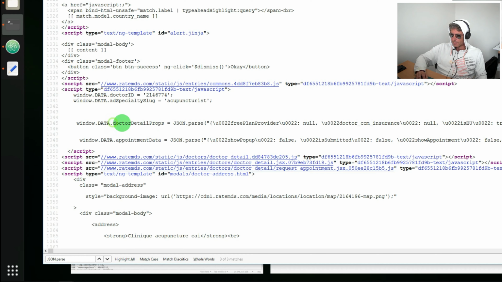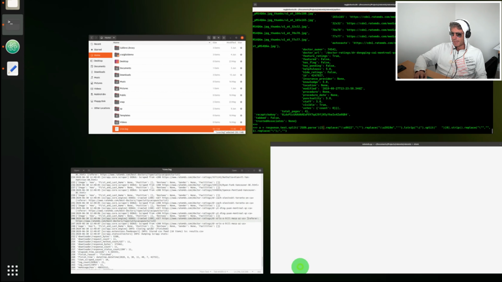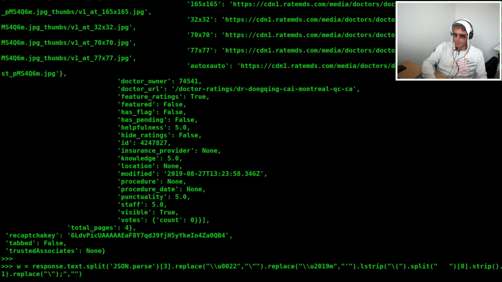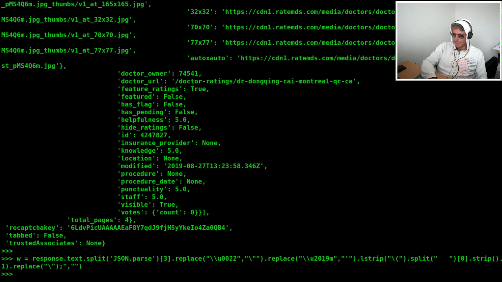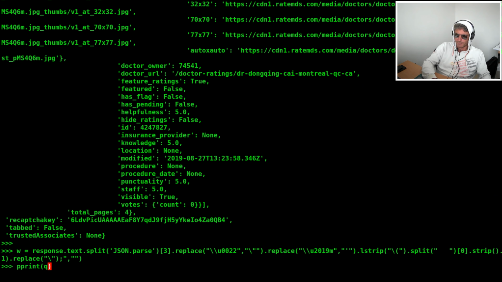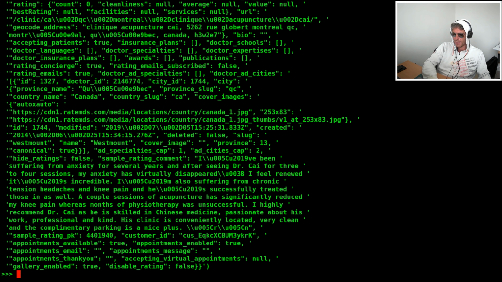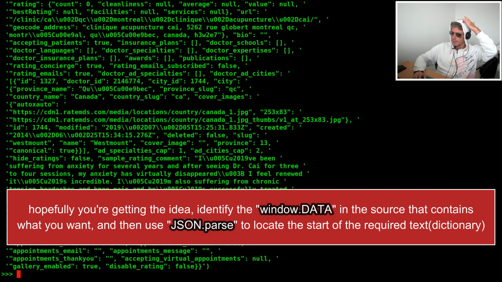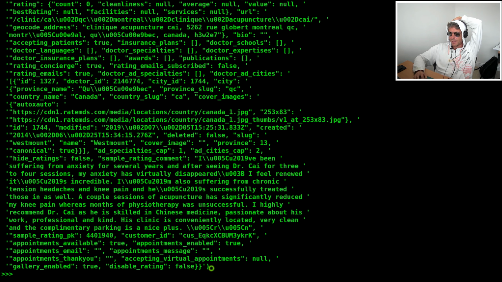The doctor detail properties is the one that contains all of the comments on that page. So I'll do 3, and if we print W again, now we're looking at the 3rd dictionary, and that only contains a sample comment. There you go, sample rating comment.